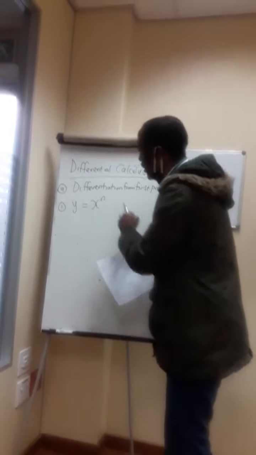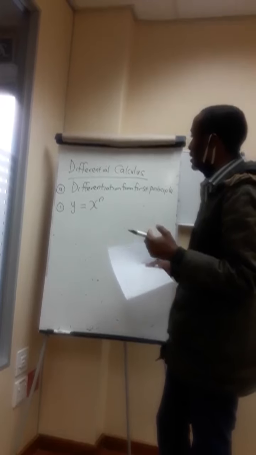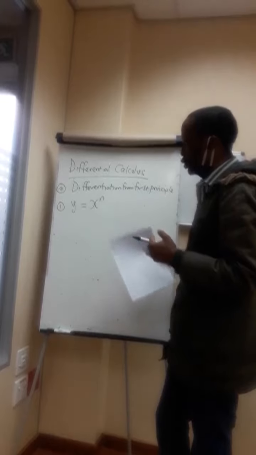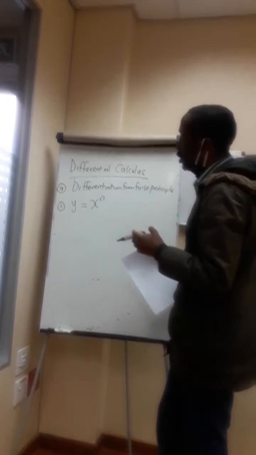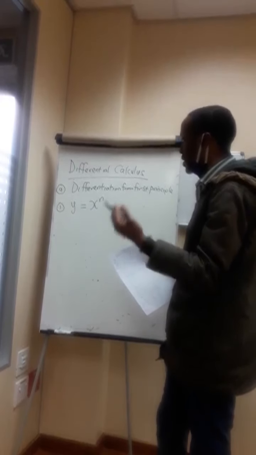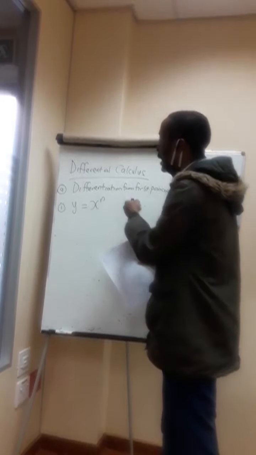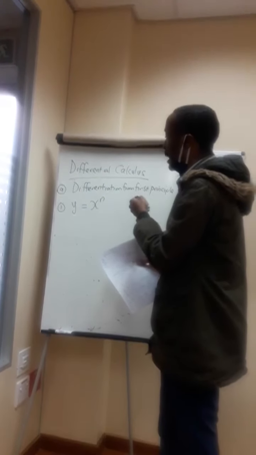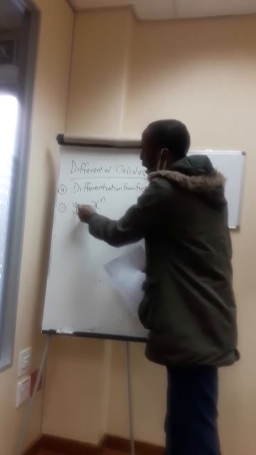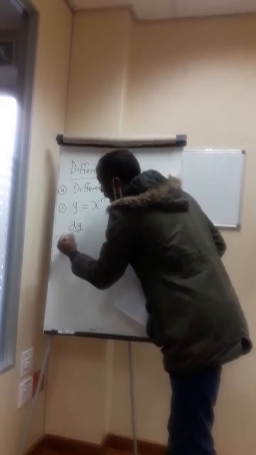So now the first way that we can differentiate is differentiating from first principle. So I'm going to give you some rules of how to differentiate from first principle. The first mathematical function that you can have, because we are differentiating mathematical functions, is what we call y equal to x raised to power n. So if you want to differentiate y equal to x raised to power n, that means I want to differentiate this variable y with respect to variable x. So I'm looking for dy/dx.